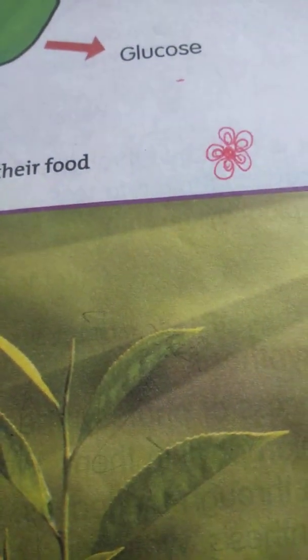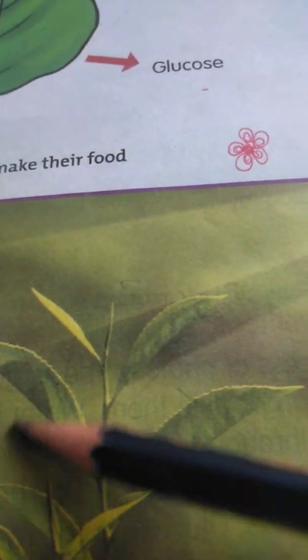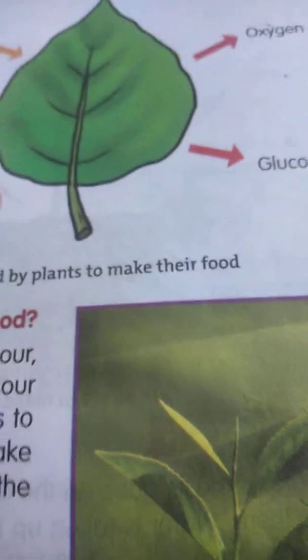Now nutrients and minerals, which we get from the soil, are absorbed through the roots of the plant and sent to all parts of the plant. So the plant needs air, water and sunlight, and nutrients and minerals from the soil, right? So these are the things. Okay, now we will do one experiment.